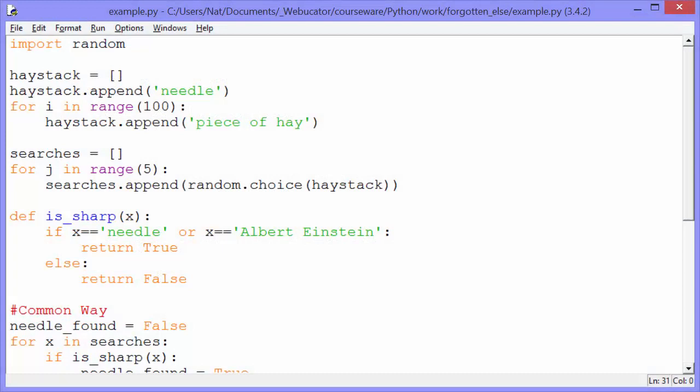Here's a working example. First, the setup. We create a variable named haystack that holds an empty list, and we populate it with 100 pieces of hay and 1 needle. We then create a searches list, and using random.choice, populate it with 5 random elements from the haystack list. So our searches list now either holds 5 pieces of hay or 4 pieces of hay and 1 needle. We then have an isSharp function that returns True if the passed-in value is needle or Albert Einstein, and